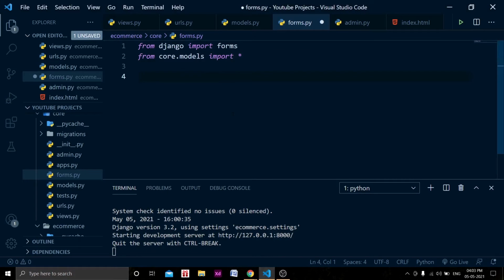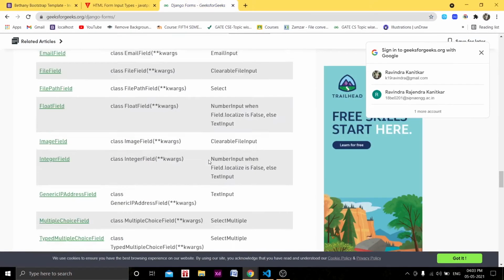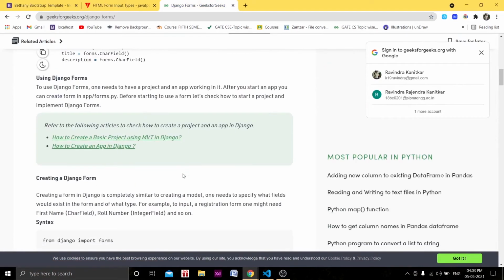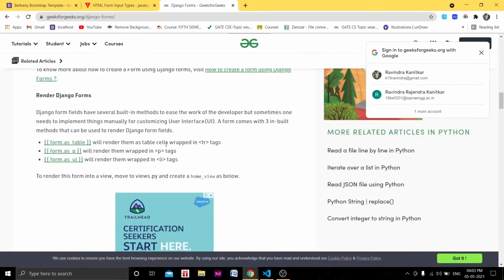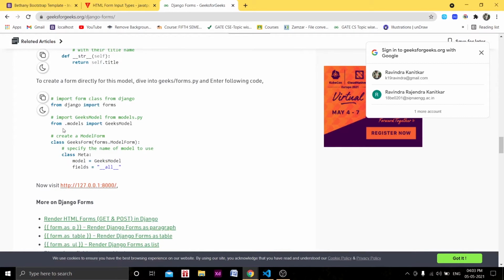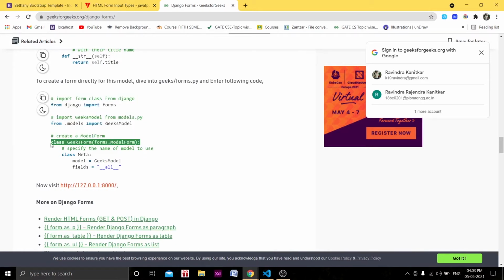Let me take you to the Django form docs. It is explained very beautifully, right, how to work with Django forms. When we scroll down here, it is telling us we can create a class of some form. We can name it anything, and we need to add a Meta class.